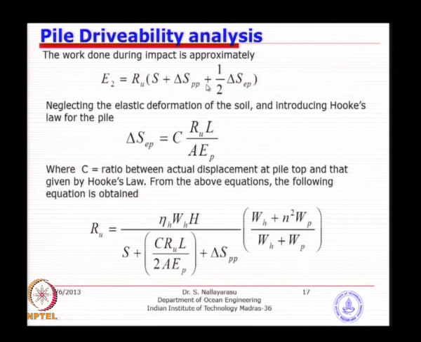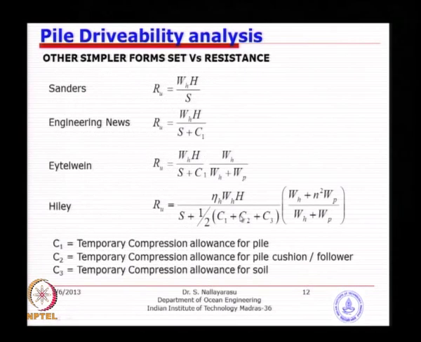So, that means you take this one out, you take this one out. You are just rewriting that, and S is substituted by S plus this parameter, the total delta S, which is your soil settlement plus this elastic pile compression, put into this formula. What you have here is very similar to what was proposed earlier, 3 parameters here like this.